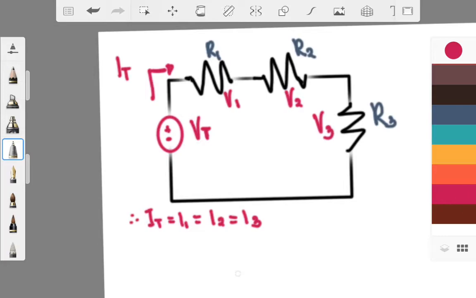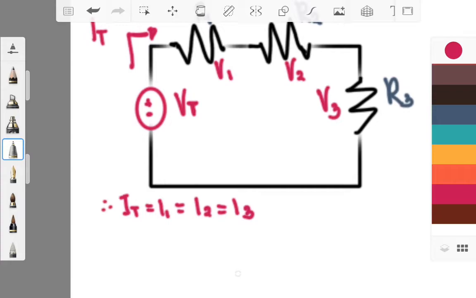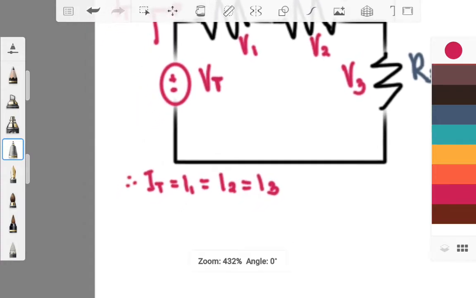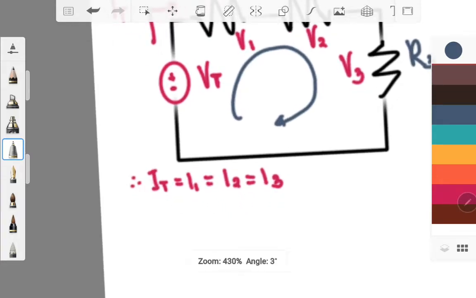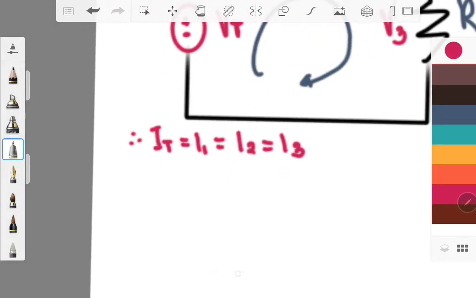So, from this series connection of resistors, there are important qualities that I want to emphasize to you. We have your I total, which is equal to your I1, I2, and I3, and your V total, which is equal to your V1 plus V2 plus V3. Let's use your KVL in order to derive the equation of your V total. So KVL at your loop. You have your V total is equal to,